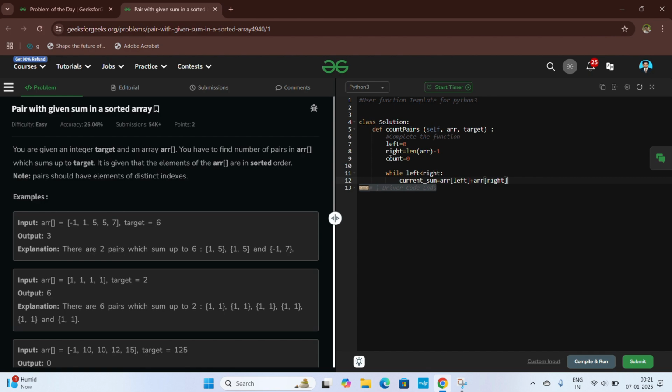Next we consider the if condition, whenever the if array left